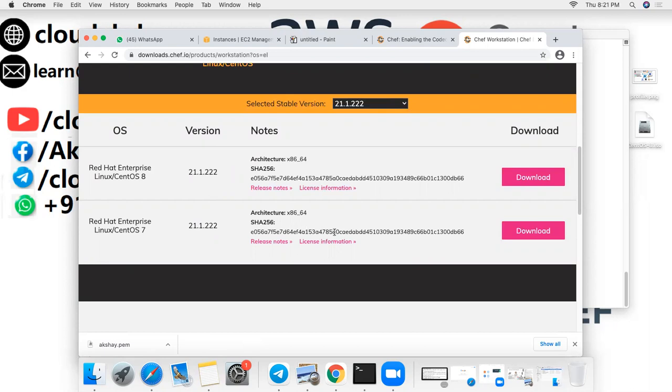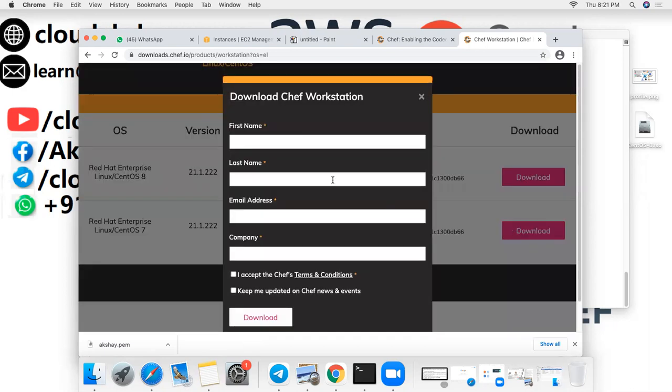I'm going to download this, and it's asking me some questions, so I need to fill them in. Chef workstation, you should download on your laptop, right? Yeah, right. I just try to get the download URL, because in a Linux machine we don't have the GUI version, we have only the CLI version.